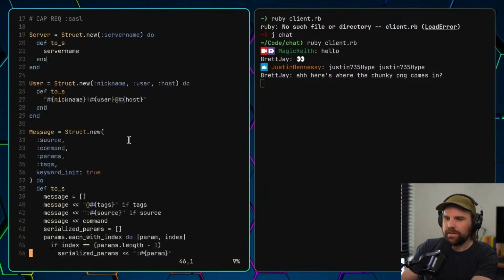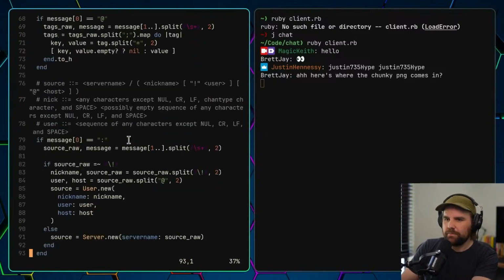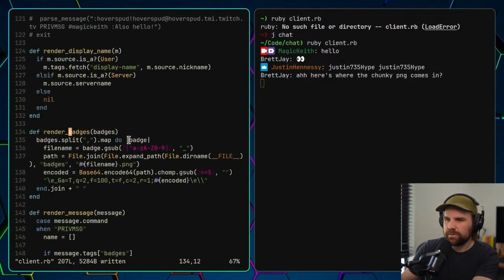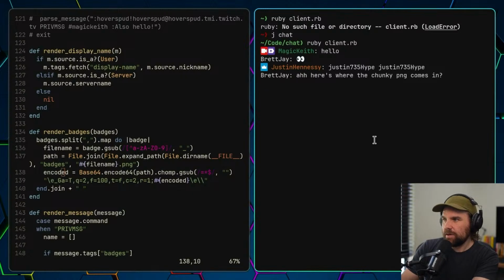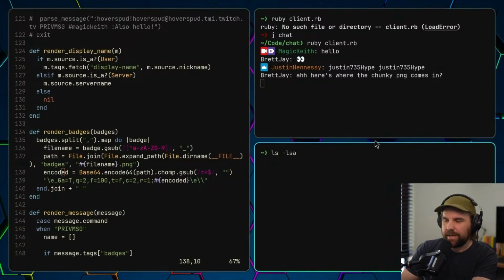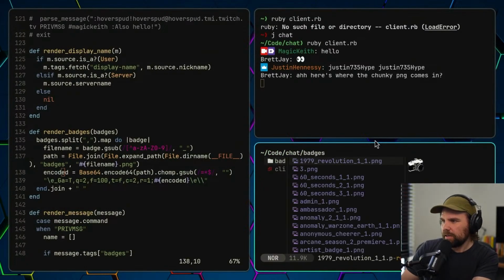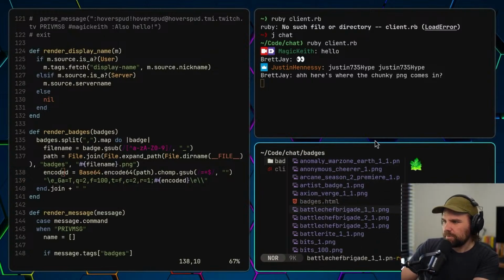So there's a bunch of mess in here now, but in this badge renderer, if there are multiple badges in play, I do some handling. But these two lines here are where the real magic comes into play. One thing I did yesterday was I scraped a bunch of badges off the internet. I found a website that had a list of all the Twitch badges, and I downloaded them all, and I put them in this format.